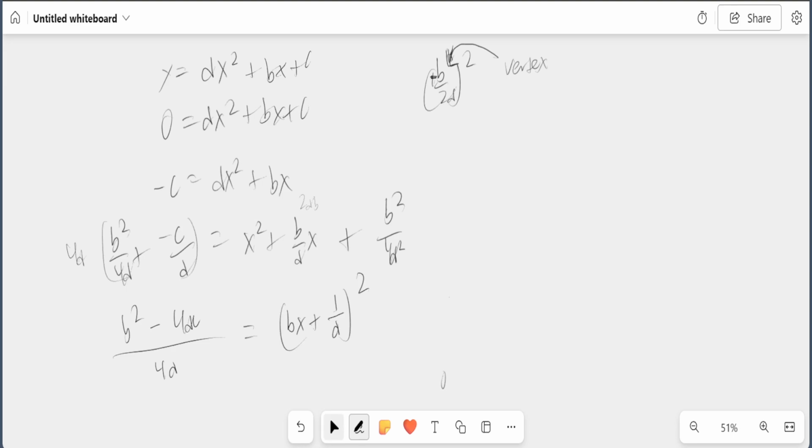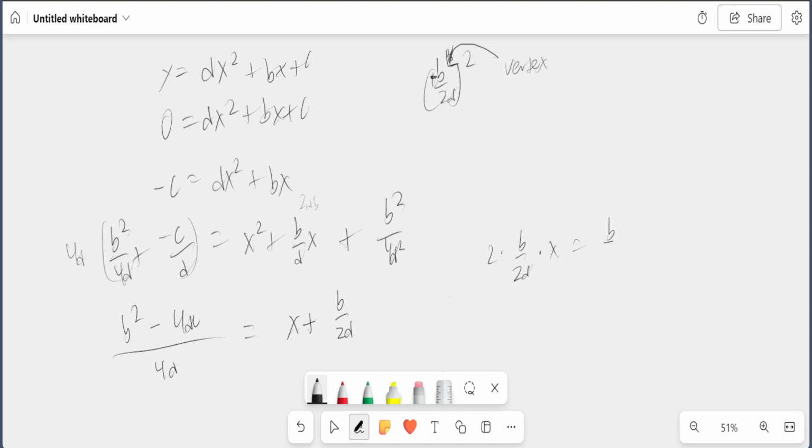No, because our first term just has x squared. So we know that our first term, I'm trying to fit this into a quadratic. We know our first term is x, so our next term has to be b over 2a, right? So that it's a squared plus 2ab, right? 2ab will be 2 times b over 2a times x, which is equal to b over a x,